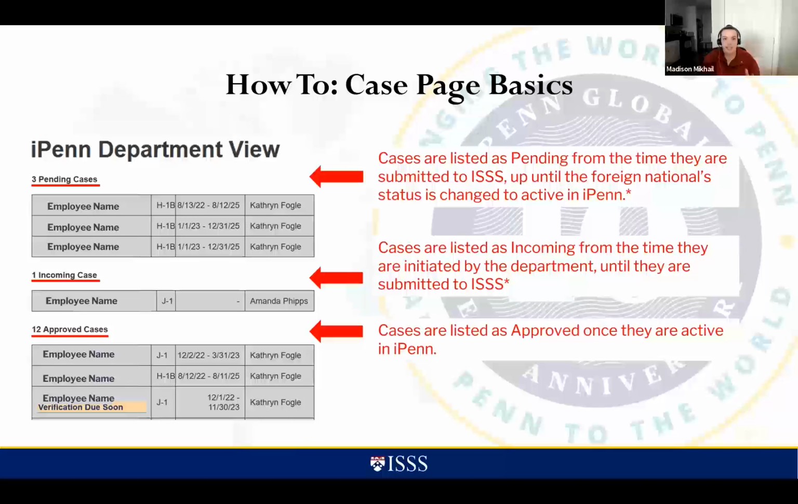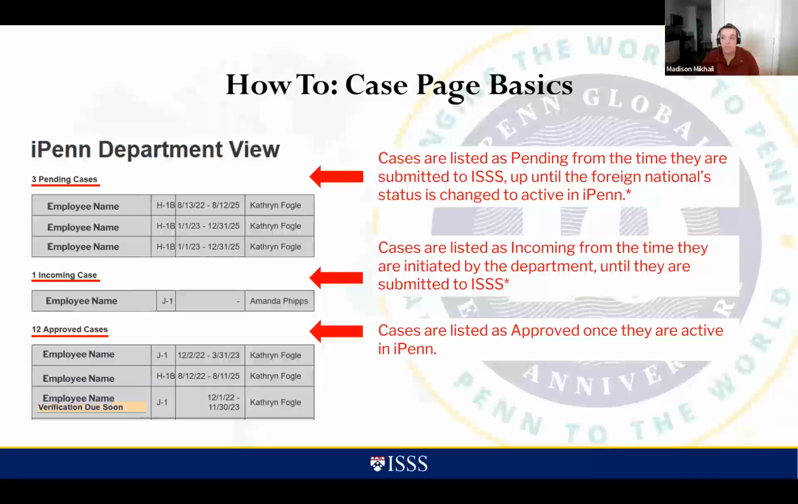They will be there starting at that time up until when the J1 arrives and then completes our check-in process. And then the next one for incoming, those are going to be cases that either you are still working on, haven't submitted yet to ISSS, or you have submitted, they just aren't approved yet and have moved to the DS-2019 being issued. It's also normal to see in the incoming section as well as in the approved section, if